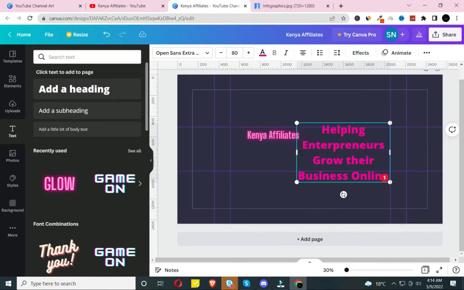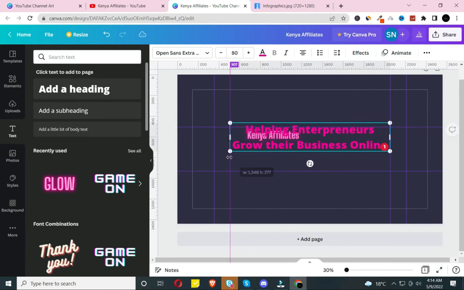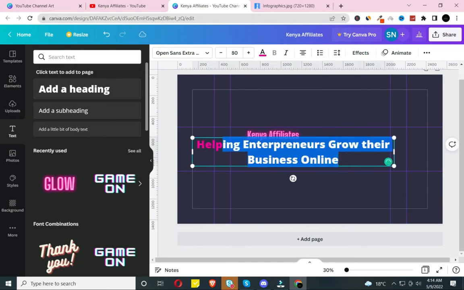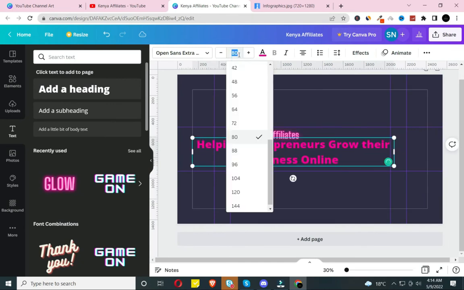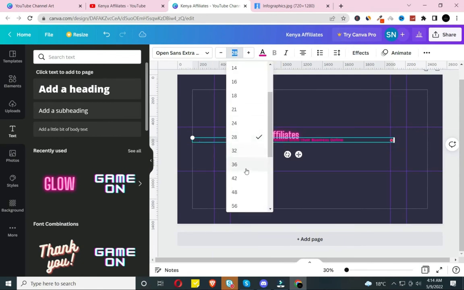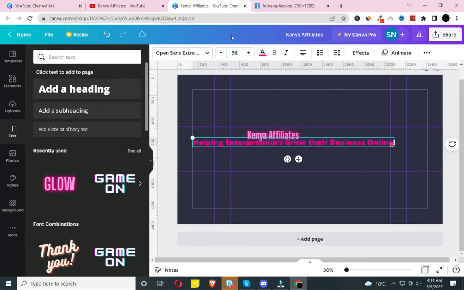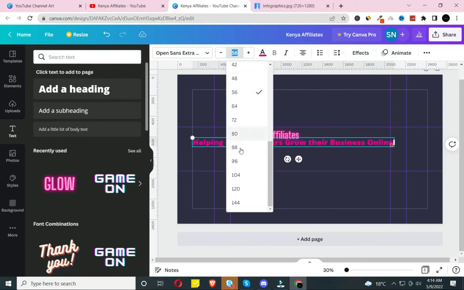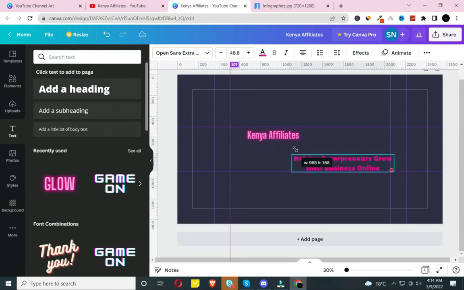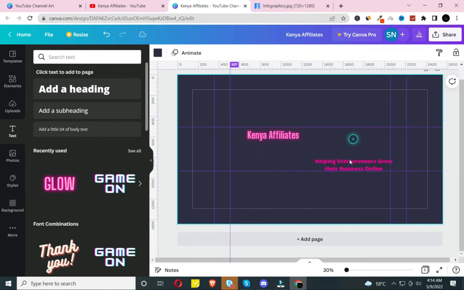So it's 2 lines. So I'm going to, oops, let me undo. So you have this. You can reduce the size again to around 28. 28 is a bit smaller. 56, a bit smaller again. What about 96? Then you need to resize it to that size.